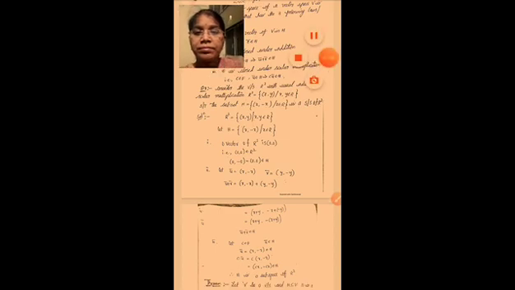Okay, so see here, subspace or not, we have to find out. So solution: given R square is equal to the vector space, that is x comma y such that x comma y belongs to R, and let H is equal to x comma minus x such that x belongs to R. We have to show whether H is a subspace of R square or not. For this we have to show the three conditions, that is 0 bar belongs to H, closed under addition, and closed under scalar multiplication.